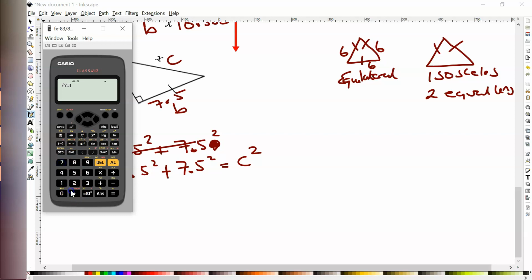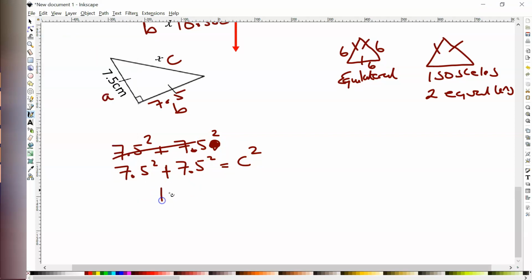So you'll have 7.5 squared plus 7.5 squared. So everything's under the radical sign, so we're skipping a step here, and that gives you 15 root 2 over 2, which is, as a decimal number,